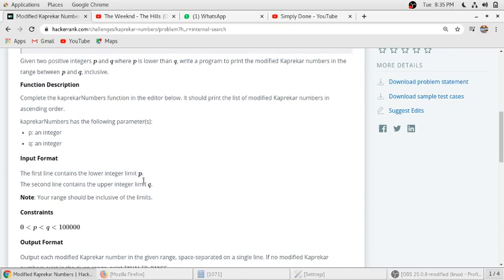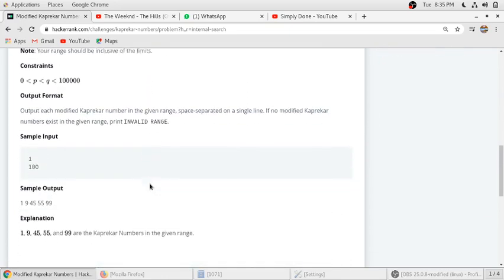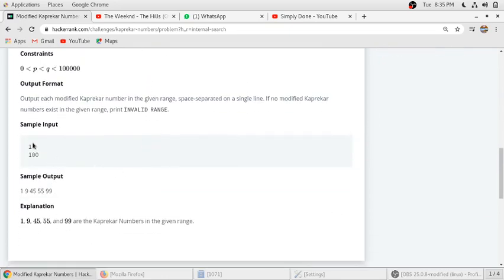From the integer limit p to the integer limit q, we have to find which numbers in this series are Capricorn numbers and print them. If no modified Capricorn number exists in the range, print invalid range.